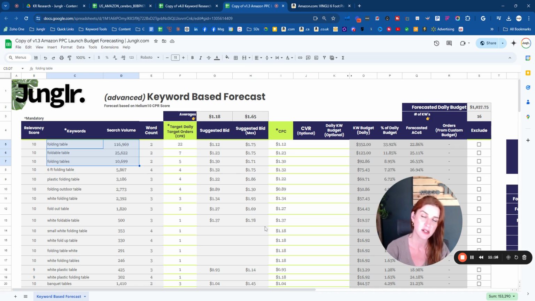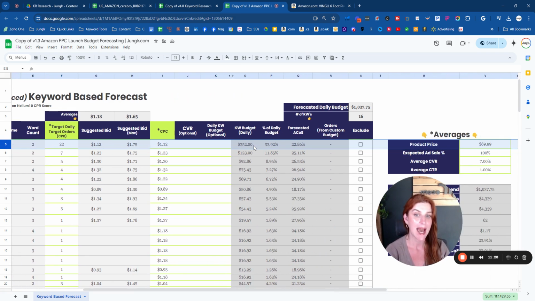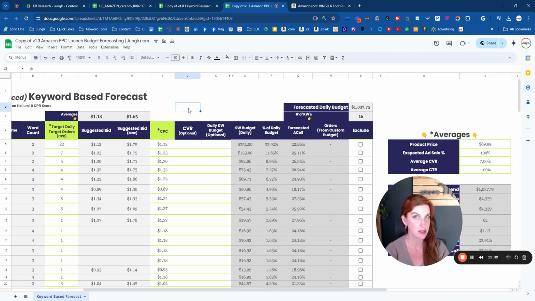But depending on our available budgets, we might not be going after these top keywords. In fact, depending on the budget, I probably wouldn't recommend going after this high search volume keyword in the beginning. And the forecast is going to show you that. So how does the forecast work? It's pretty simple. It basically says